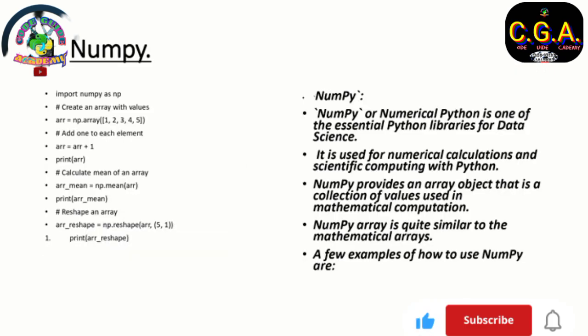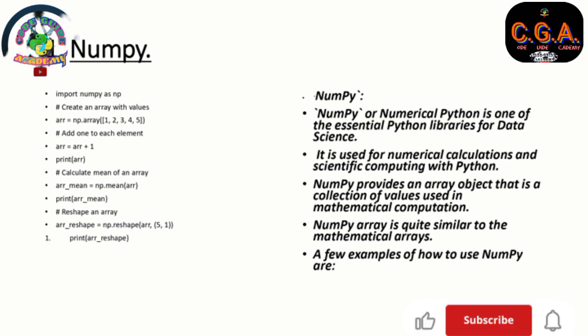NumPy, or Numerical Python, is one of the essential Python libraries for data science. It is used for numerical calculations and scientific computing with Python. NumPy provides an array object that is a collection of values used in mathematical computation. A NumPy array is quite similar to mathematical arrays. A few examples of how to use NumPy are: